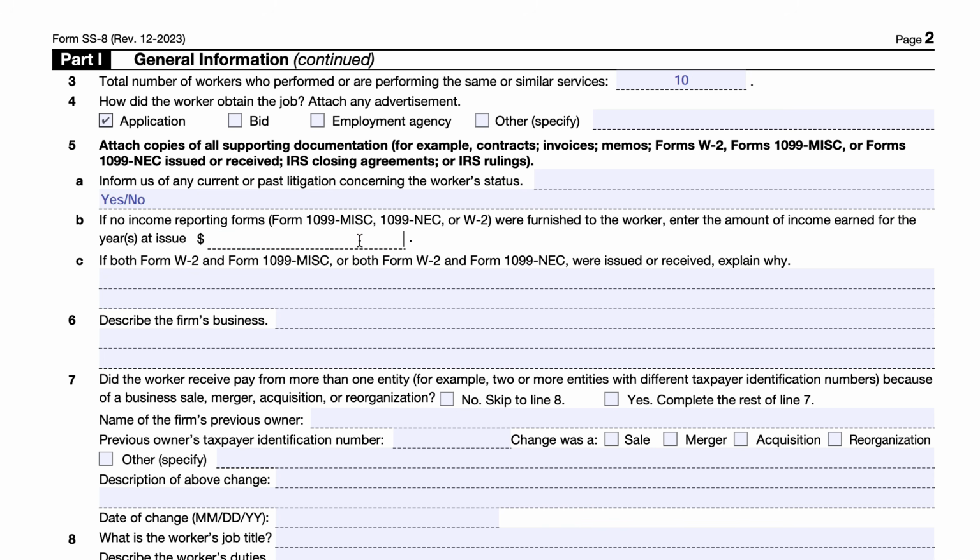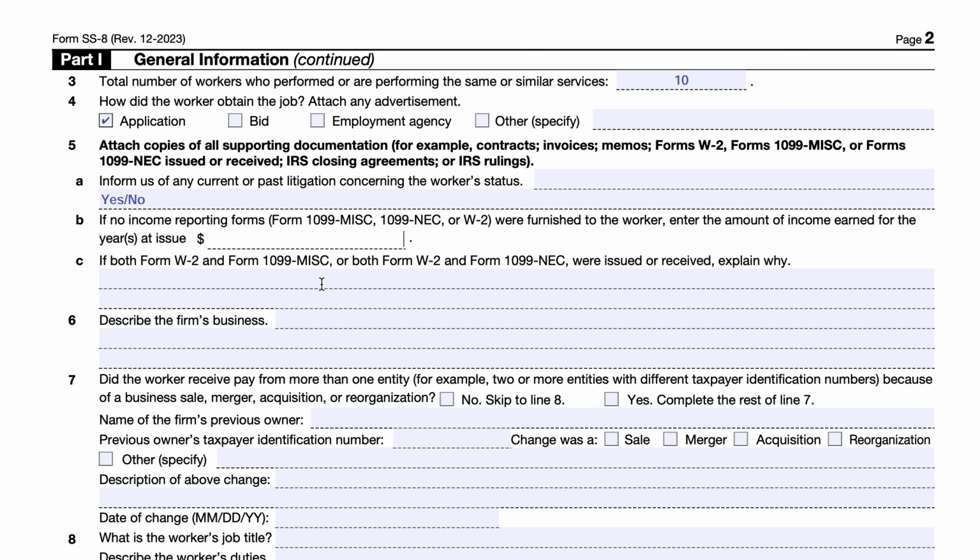How much income? Again, if you have W-2s, pay stubs, contracts, or 1099s, you can attach all of that. If there's no tax form that you were issued, like if they just cut you checks or paid you under the table, then enter the amount of money that you earned for the years in concern. And then if you receive both a W-2 and a 1099,